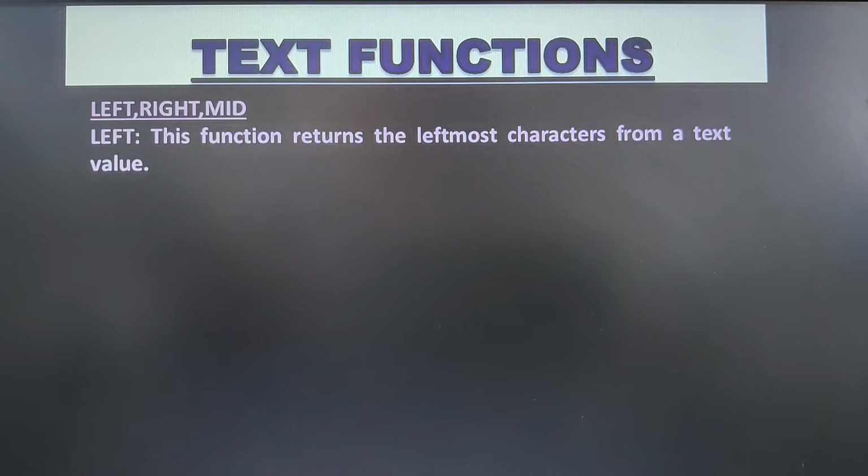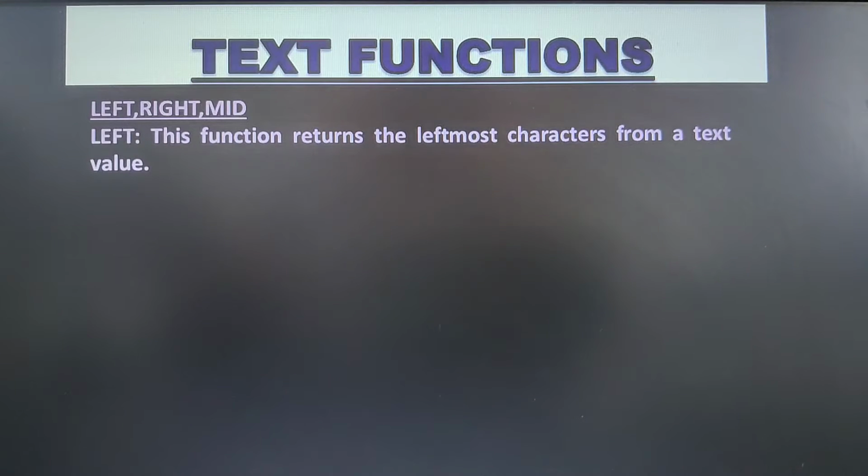That means, for example, if I take the string in A1 equal to SCIENCE, and if I pass the formula =LEFT(A1,2), so this left function, in the given particular string, that is SCIENCE, will return me the leftmost two characters, because I am specifying =LEFT(A1,2).